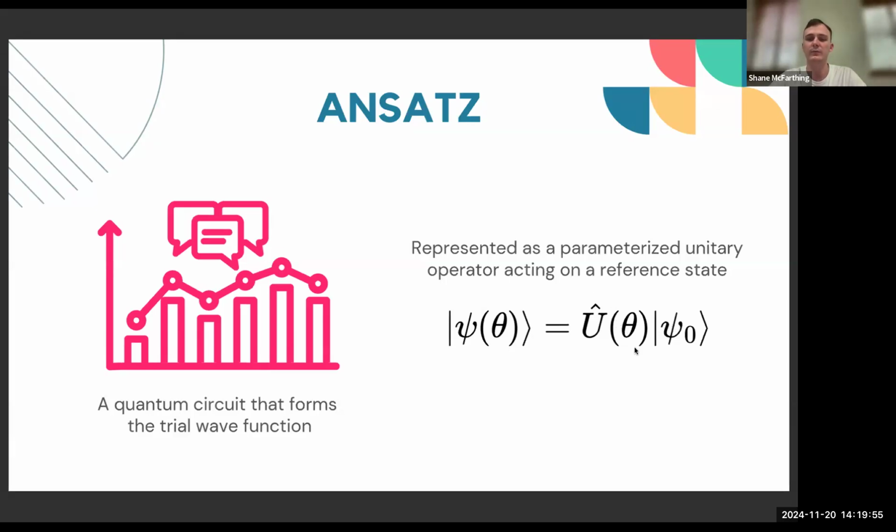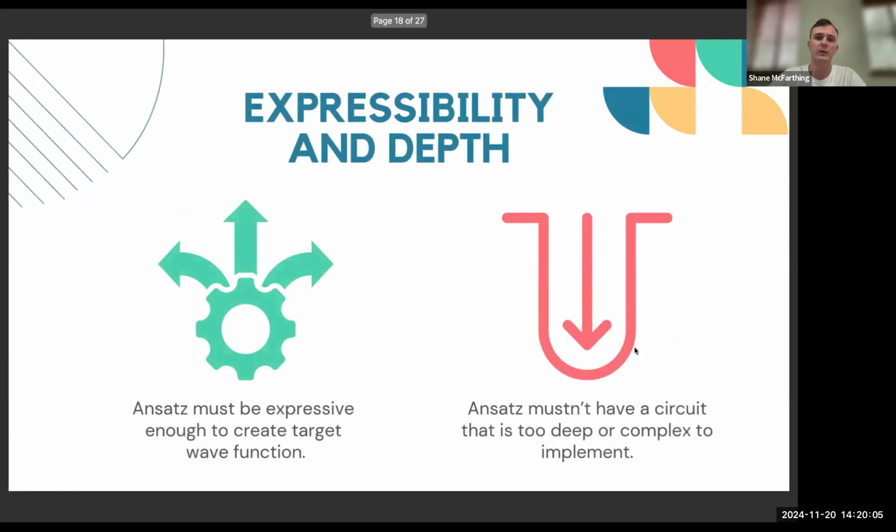And we want to apply this parameterized unitary operator to that initial state to generate the trial wave function of the system. And there are some considerations that have to be made when we consider this ansatz. So for example, the first point is that the ansatz needs to be expressive enough to create the target wave function. And if we look at the space that we're searching through, it's the Hilbert space of the Hamiltonian that we're considering. And what we're trying to do is find the state in that space that has the lowest energy when we're doing the ground state search. And our ansatz basically forms a search function through that space, and it needs to be expressive enough to generate